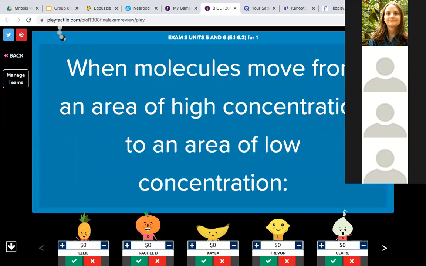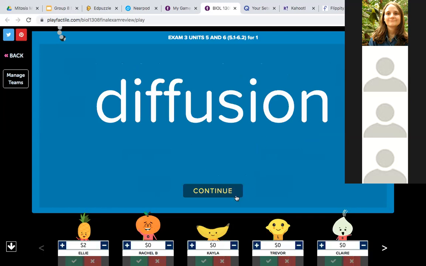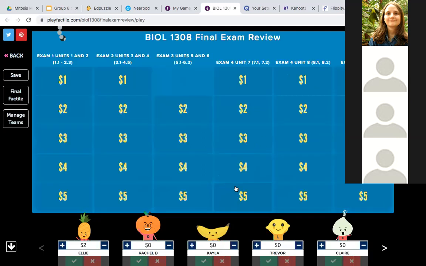When the timer runs out is when I then allow them, I use Blackboard Collaborate, so they just raise their hand on their screen. And then it is an open question for everyone. But this way, every single person gets an opportunity to answer a question. So if she got it right, very good, Ellie, you get 1 point, and then we'll go on to the next question. And then the next person will get to choose.